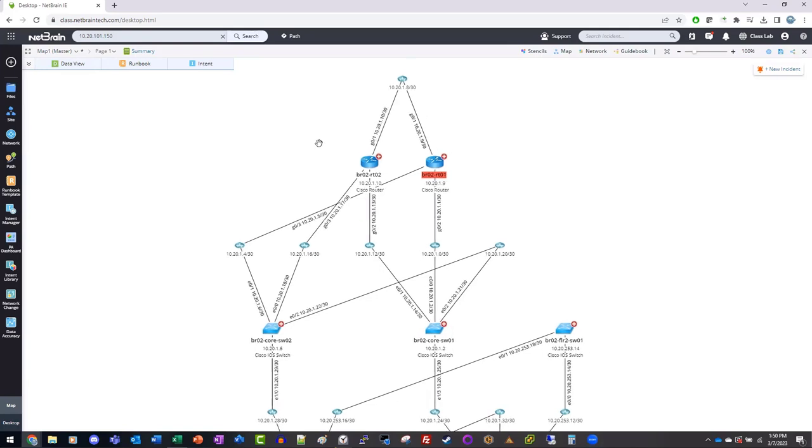So any questions about anything we've discussed up to this point, folks? Can I ask a quick question? Mm-hmm. So if you save this map and you have Discovery running every night,